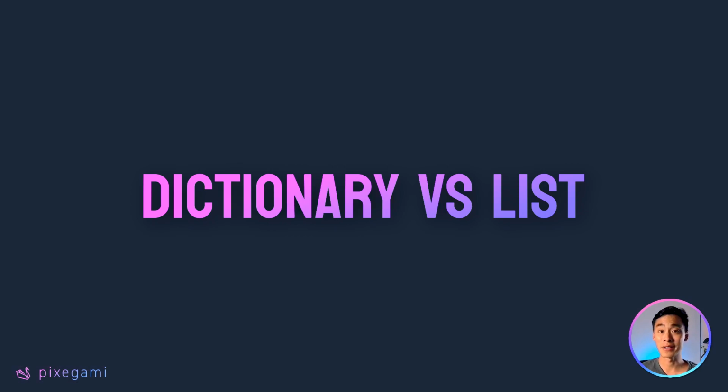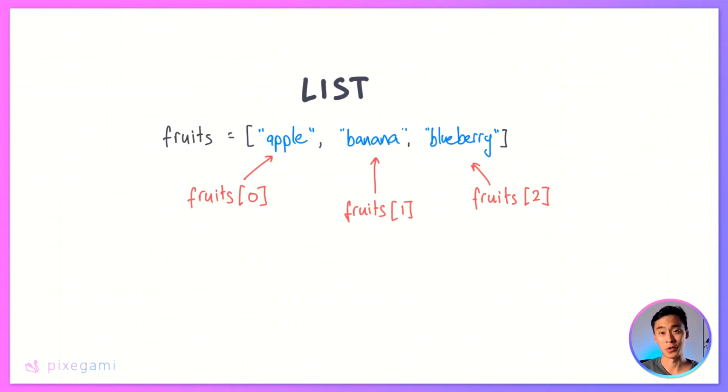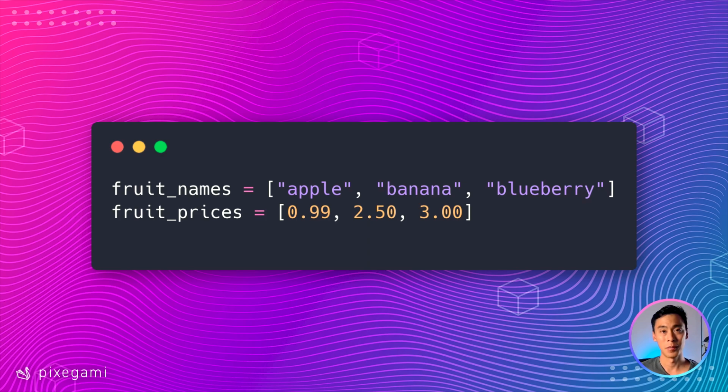To get a better idea of why a dictionary is useful, let's compare it to a list. Lists are good at storing sequential data. The index starts at 0 and goes up by 1 for each item. And you can also use this index to access the item. But what if the order of the data doesn't matter to us? For example, imagine we wanted to store the prices of different products for our e-commerce business. And say I wanted to look up what the price of an apple was.